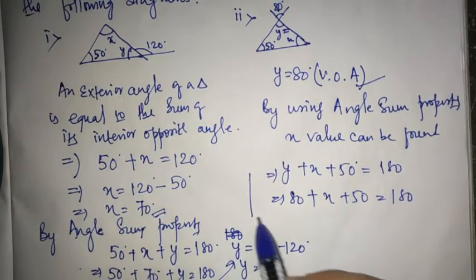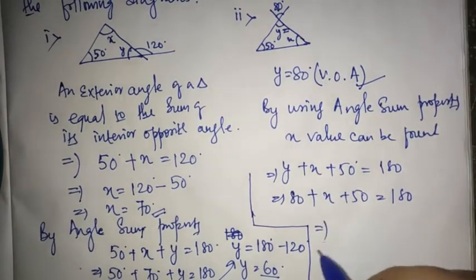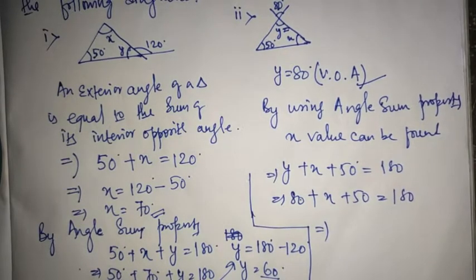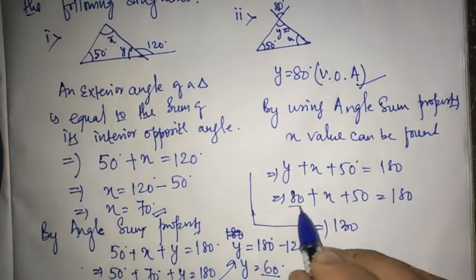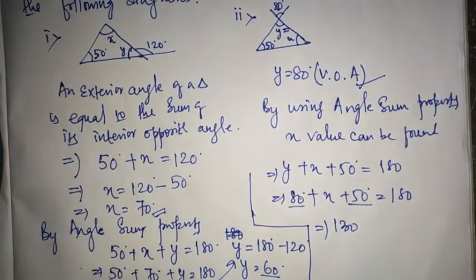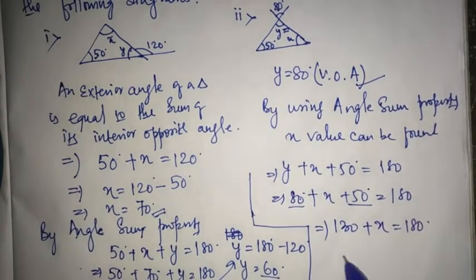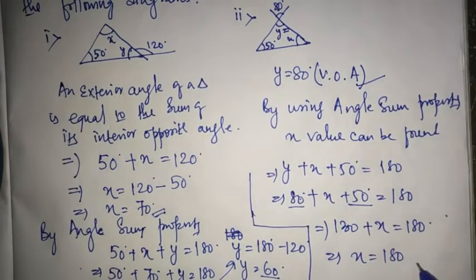Let me make a gap here because this is the first question, many of you will get confused, so I am continuing from here. 80 plus 50 is 130, right? So you can write 130. So whatever is matching here, these two numbers are matching, x is quite different, so I am writing here 130 plus x is equal to 180. So I can write x is equal to 180. This 130 I'll shift or transpose, you get 180 minus 130.